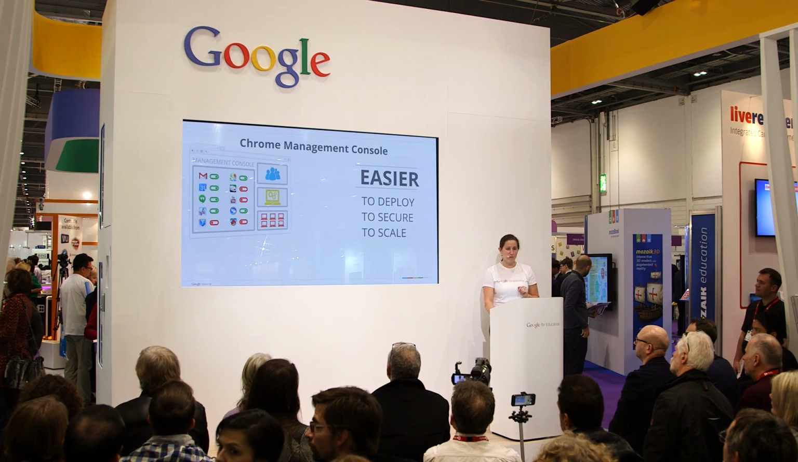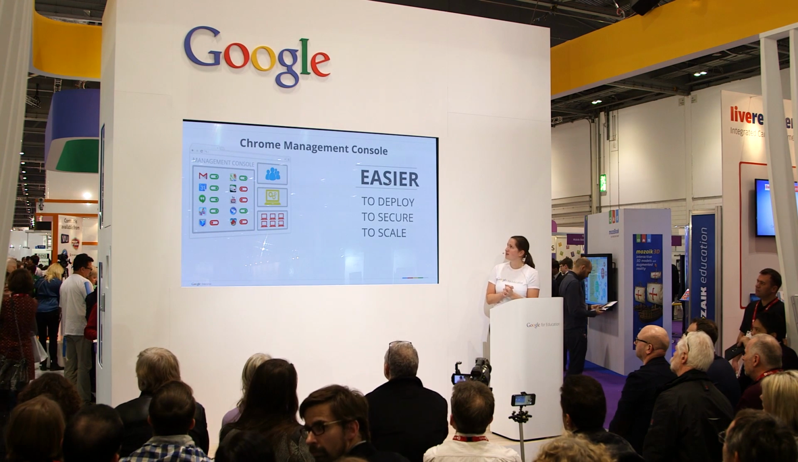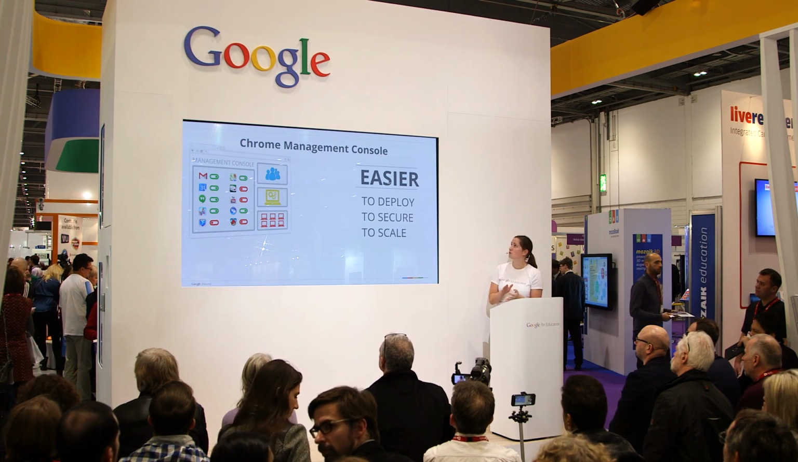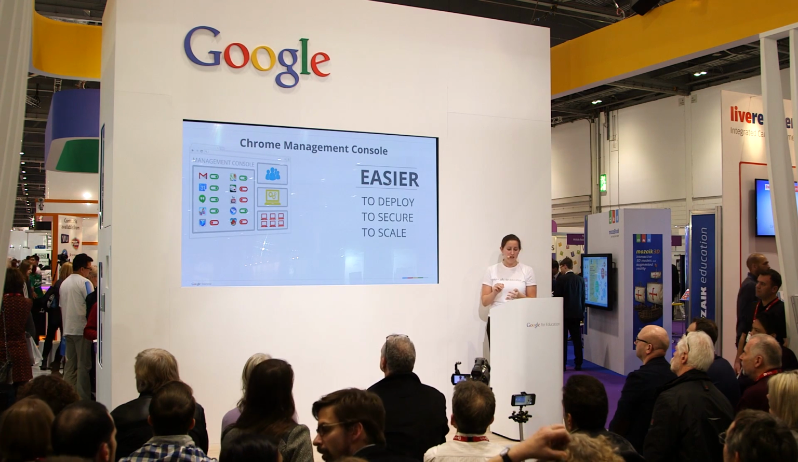That just makes it so much easier, cuts way down on the time it takes for your IT staff to spend on any issues that arise, and also makes it really easy for schools to push out new policies, for example. You don't actually need to physically touch any of these devices in order to push out the console. So just to wrap up, the management console just makes it incredibly easy to